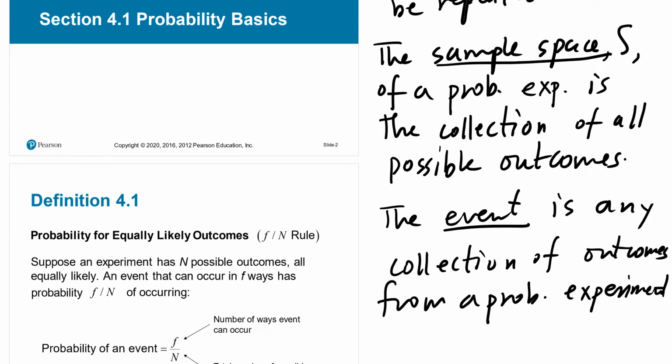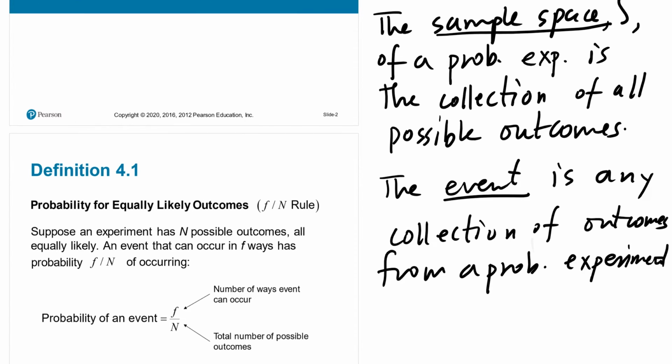That event may consist of one outcome, two outcomes, three outcomes. That's called an event. So flipping a coin, that's an event. Rolling a die is an event. Picking a number is an event.